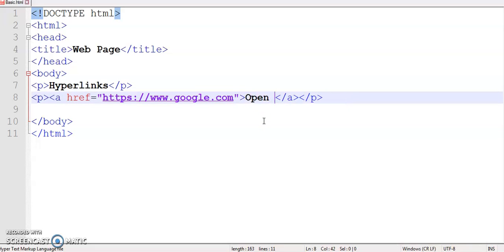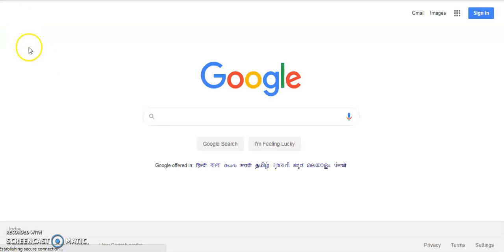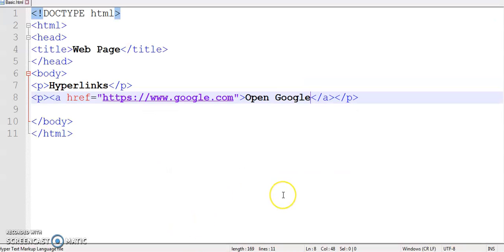So you can type open Google or anything you want. So when you open the web page, you can see a hyperlink is already created, and when you click on this link, it will take you to Google's home page. So in this way, you can easily create a hyperlink in your web page.